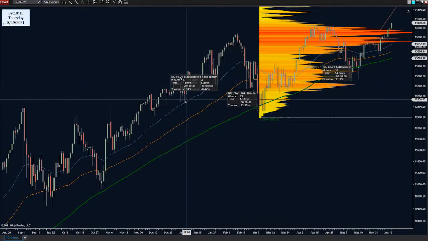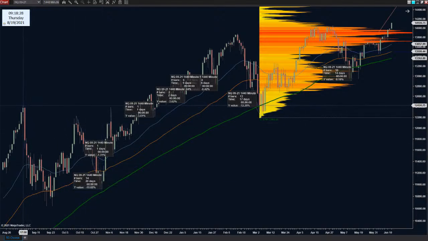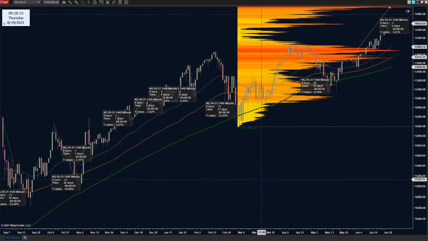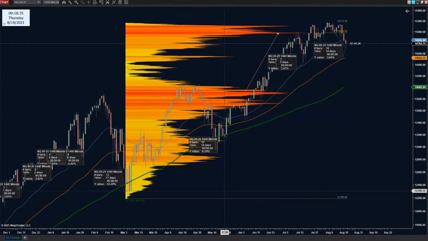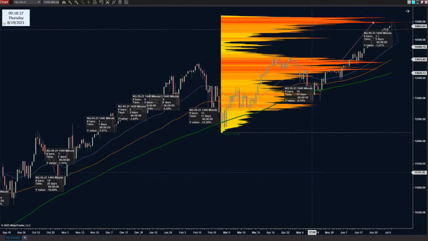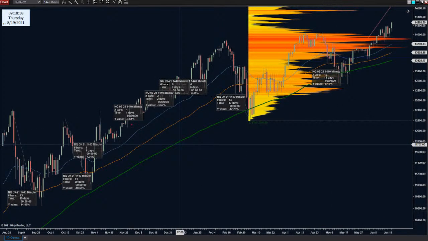3%, 3.6%, 3.6%, 7.3%, 10.6, and then we're starting to get into those big meaty pullbacks, 14. So we're seeing a very common trend, right? Something very repetitious happens here on the NASDAQ.